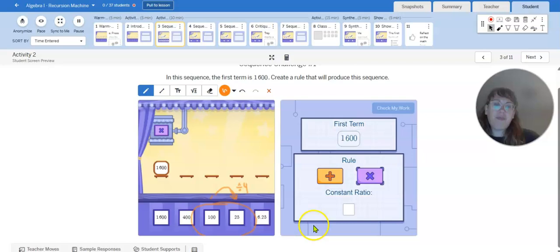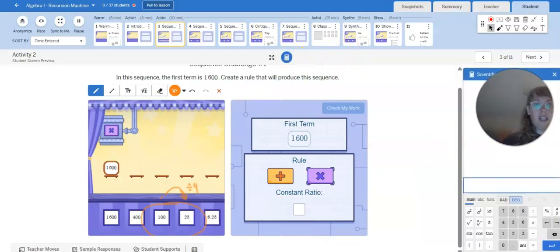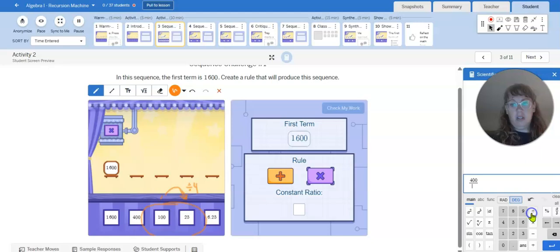You could also open up your calculator and say, to work backwards, what is 400 divided by 1600? And we get 1/4. So that affirms our theory that we're dividing by 4, multiplying by 1/4 is the same as dividing by 4,